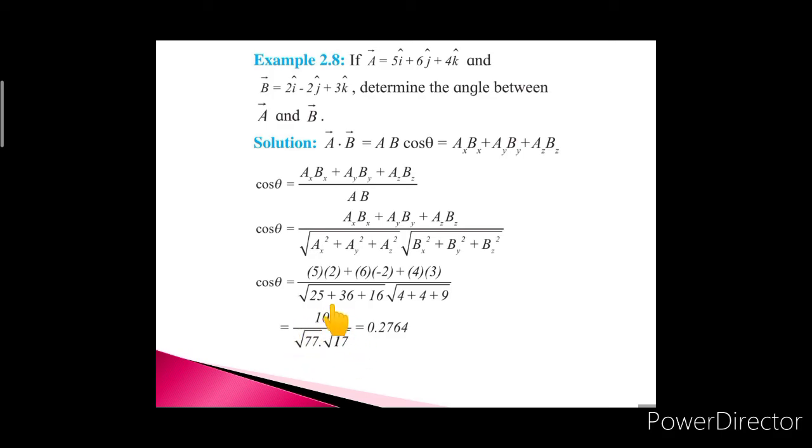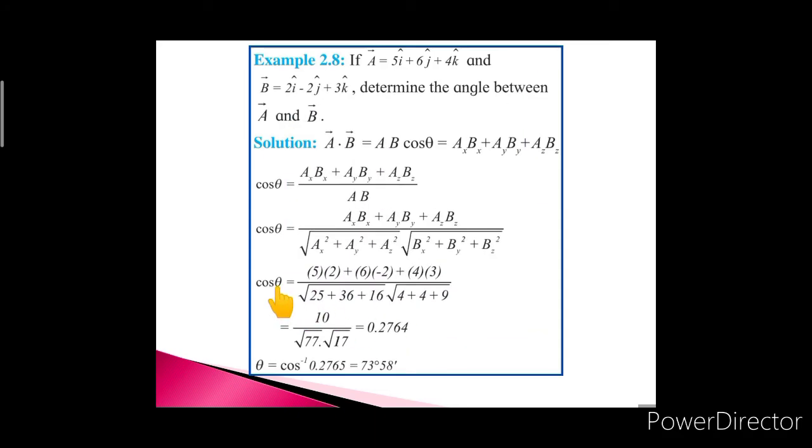Now, when we are solving this ratio, we are getting the value as 0.2764. So, this is the value of cos theta, that is 0.2764. In the next step, we have to find out the value of theta. That is why this cos on the right hand side becomes cos inverse of this value. So, here we are supposed to write theta is equal to cos inverse 0.2765. And the value of cos inverse 0.2765 we are getting as